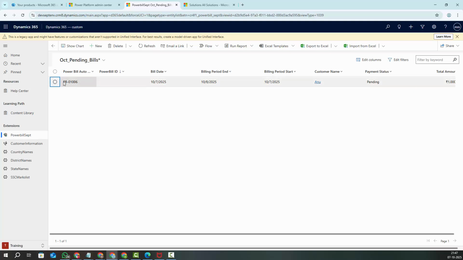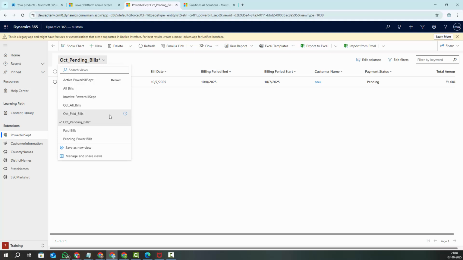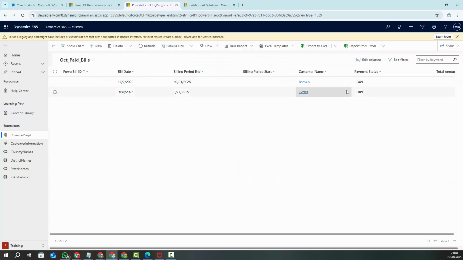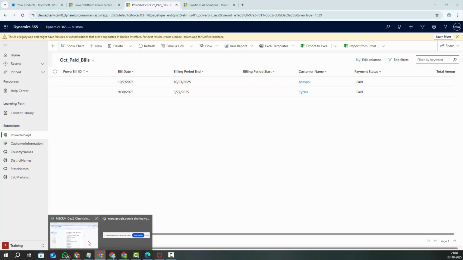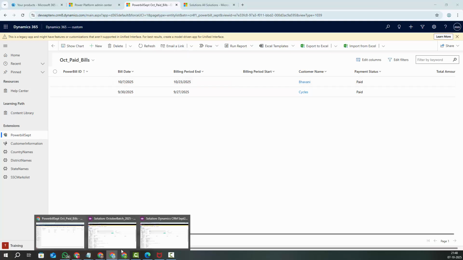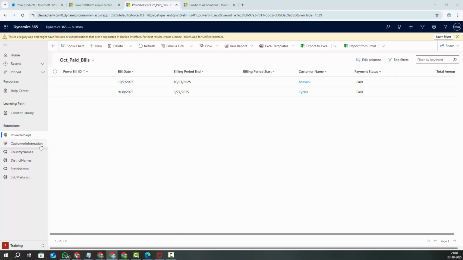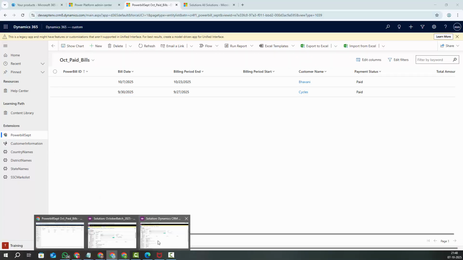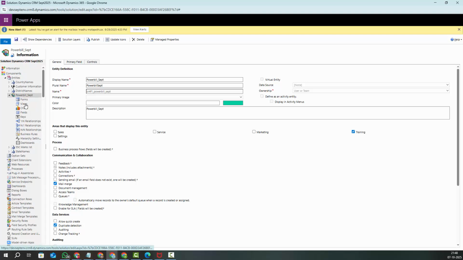ascending order, then ascending. Anyway, if you have 2, 3 records, then you will understand clearly. Okay, for example, paid bills are there, right? Paid bills, I want to check it. Go to the dev environment again and change it. This is the dev environment. Go to views,